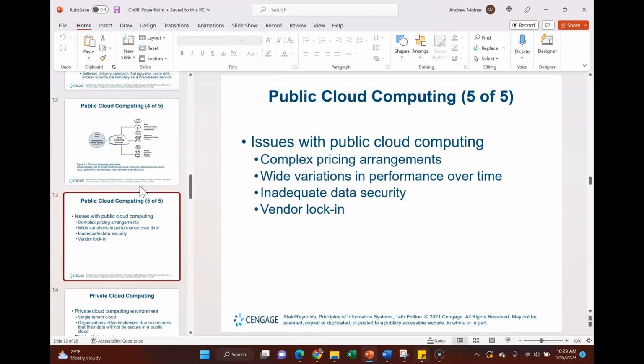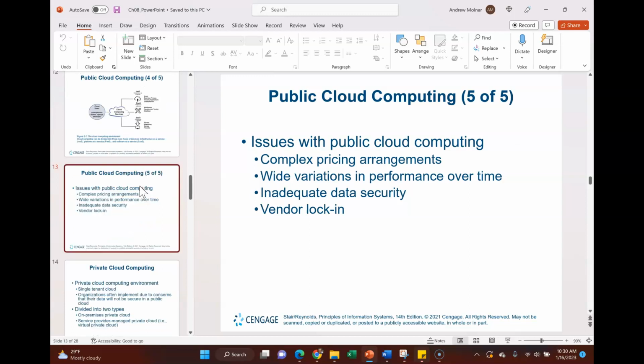I don't find that with a reputable company, a cloud provider, and that's why I mentioned that up front. Inadequate data security is sometimes a concern. Again, I do not find that at all. Everything Google is doing, and I'm very familiar with them, is high end, okay? And you're not locked in with Google. You could leave any time.